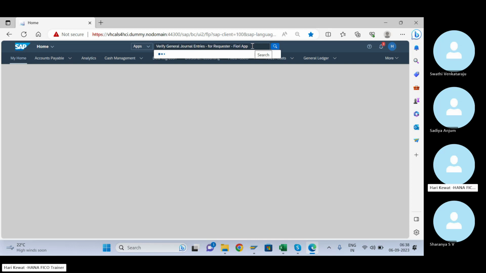So we implemented this at a very detailed level, because their objective was not to post even a single journal entry directly. Everything has to be parked. So you have to know this Fiori app because in real time, whenever they want parking and an approval workflow, you can build it. It is taking time.